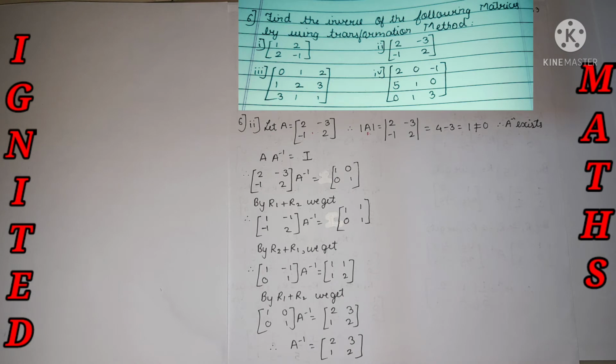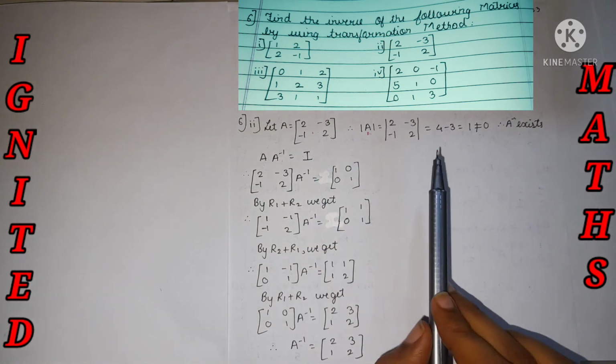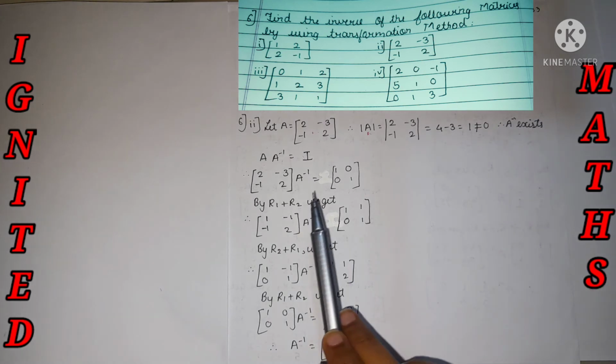The 6th main question, I took this second sub question over here. As previously mentioned, just do the procedure like this and we get the answer. I'll say it one step at a time, because finding A inverse using transformation is something new for the 12th standard, so we'll do it step by step. Let's take a matrix. First procedure, find the A determinant. It should not be equal to 0, so A inverse exists.